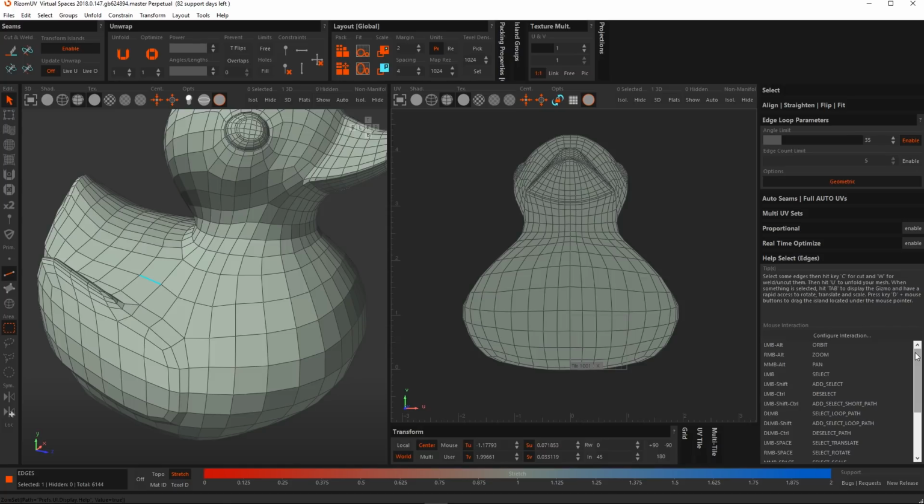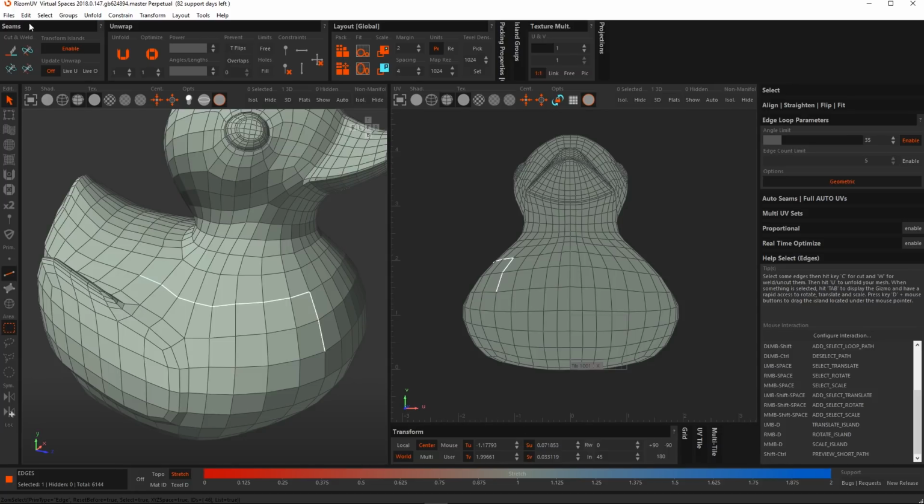So if you have one of the other presets like RizomUV, or you're a Maya user or something like that, this tab will help display different mouse and key combinations. If I scroll down to the bottom here, you'll see that Preview Shortest Path, which is what I was doing. I selected an edge and then Control Shift, and you can see it says, well, Shift Control in this case,